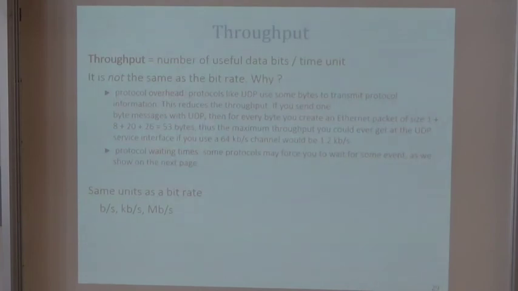The throughput is a quantity we will often use also. It's about the same as the bit rate, but it's the useful bit rate. The bit rate is how many bits per second a channel can transfer. Ethernet, for example, is typically 100 megabit per second for standard Ethernet, 1 gigabit per second on most modern installations, 10 gigabit per second over optical systems. But you never get exactly that rate when you transfer data. Why?